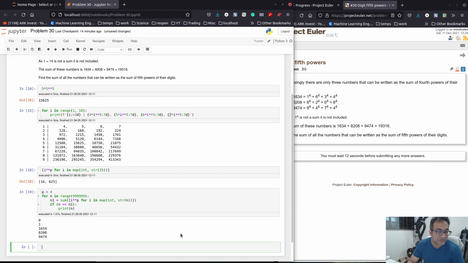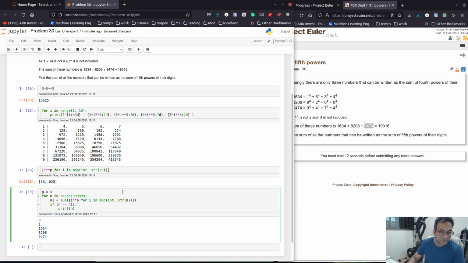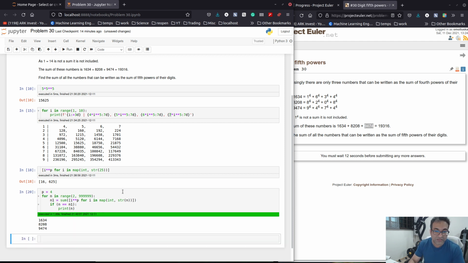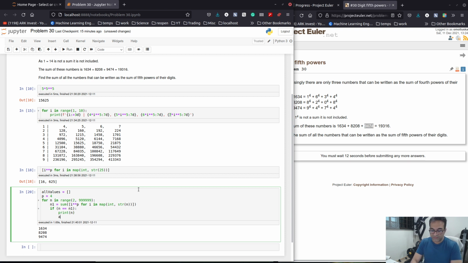Okay, and we don't care about 0 and 1, but we have the numbers 1634, 8208 and 9474. Those are, so we start with 2, and if we do that, we will have these 3 numbers, right? And we want to look at all values equals that, and we will say values dot append n, like that,